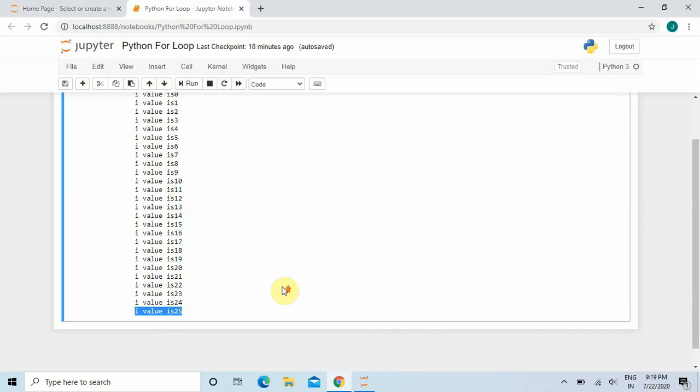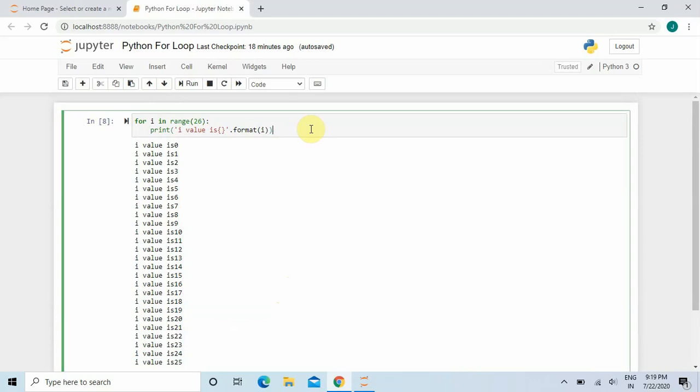So this is one of the functionalities of the for loop, that it displays the value starting from the default value up to the n-1th value. Here since it is 26, it will display up to 26 minus 1, that is 25. So that is the value that I am giving within the for loop.